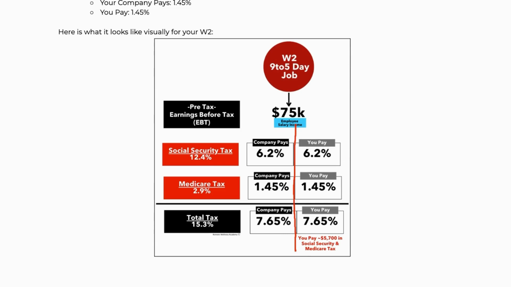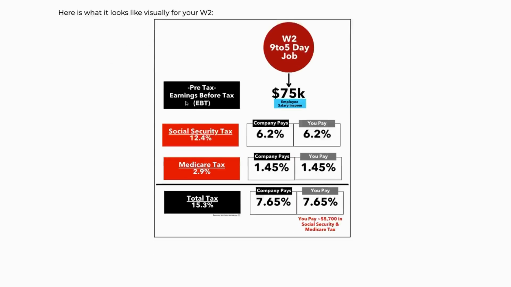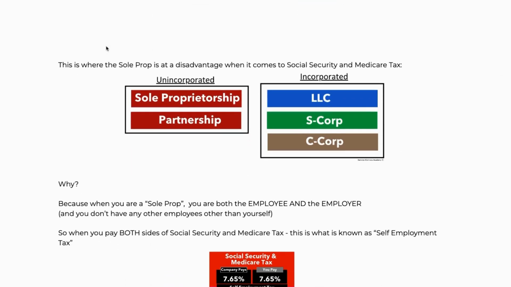Now, you might see where I'm going with this. As a business owner, what happens? You don't have an employer, right? And so this is where the sole prop is at a disadvantage when it comes to that Social Security and Medicare tax. Why is that the case? Because when you are a sole prop, you are now both the employee and